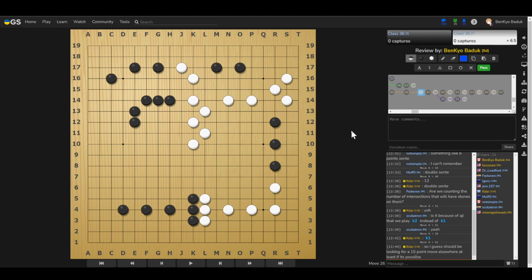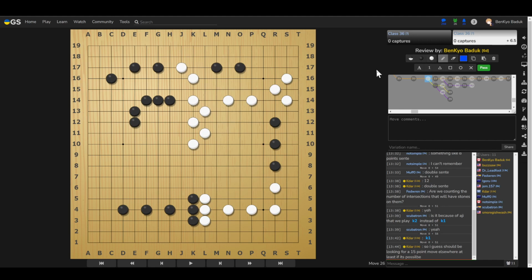So then white's going to be thinking, okay, let's say I want to peep here. But if black responds like this, how many points am I losing and gaining? Or I play here to focus on the edge, but then black gets to jump all the way out here. How much center potential am I losing versus the edge points? So there's all these things, and they're not just focusing on survive, or make this moyo at all